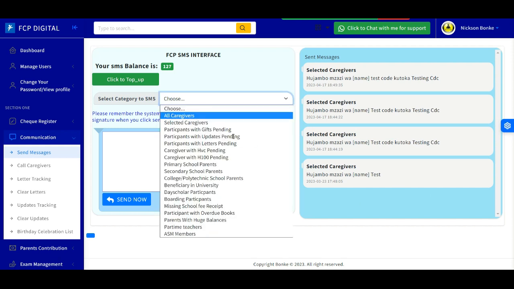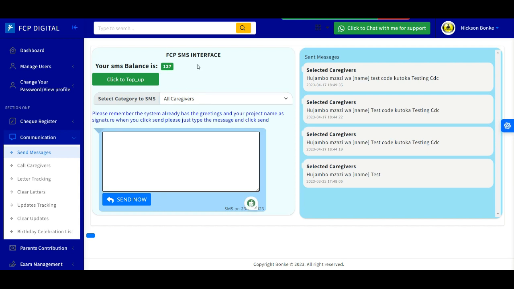Now here you can say all caregivers. Remember, the system has greetings and also the project signature. So I'll advise you, when you are sending to all caregivers, just type the message alone. Remember, you don't need your phone. Once you've purchased the items here, the system will do the sending for you. So you just need to say